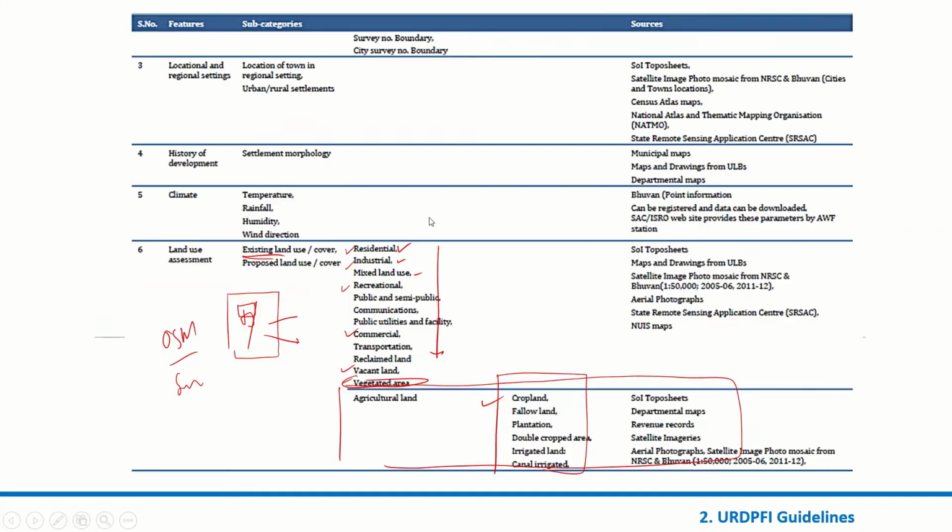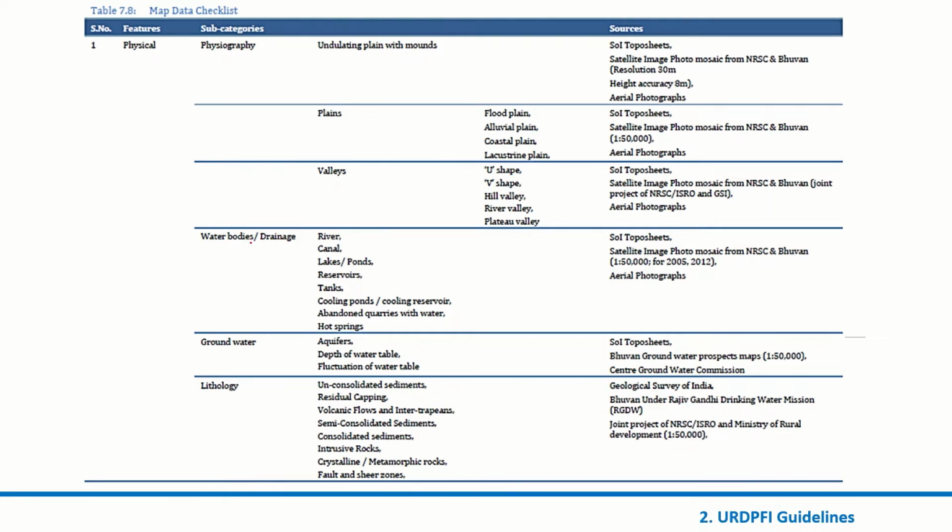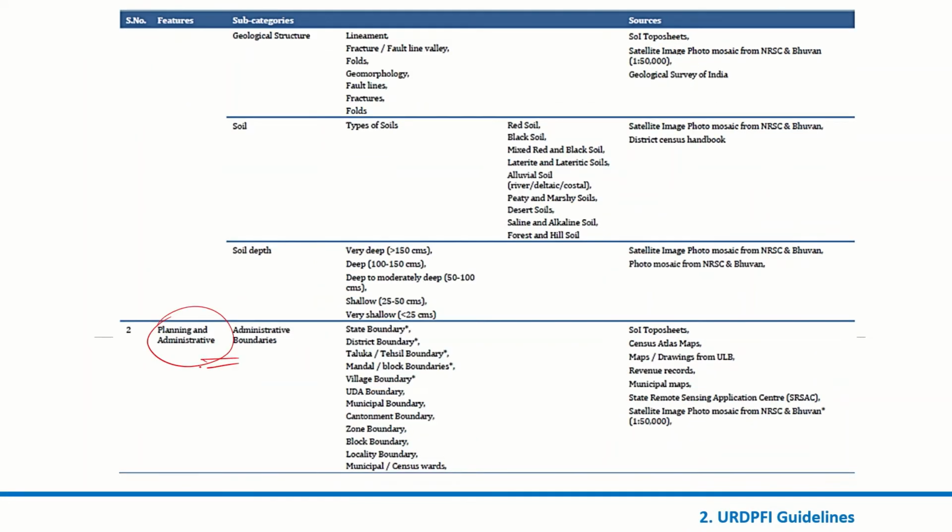Okay, just in summary, I would tell you what I would recommend. What kind of information we have to take out. One, we have to map more correctly the river and the extent of the river and its impact on the town. Second, we need some boundary layer. Like I said, it can be zone, or it can be census ward as well. But we need an administrative boundary, just to be more realistic.